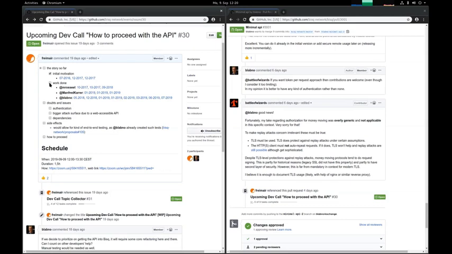So I just want to give a little bit this broader perspective that we are probably at the moment in a very vulnerable state, because we don't have enough developers, we don't have enough security audits, and it's lacking a lot of stuff in many areas. And we should really be terribly conservative also with adding any dependencies, increasing our vulnerabilities. And the API for sure is an area where we would increase quite a lot of vulnerabilities. So yeah, that's a little bit my point of view about the whole topic.